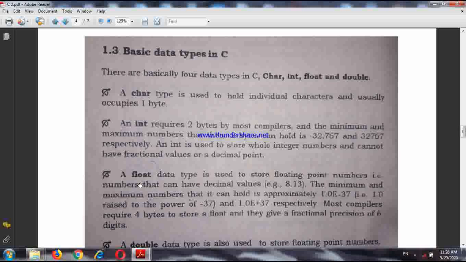Then we have the float data type, and this is used to store floating point numbers. And the range is also given, that means 1 into 10 to the power minus 37 to 1 into 10 to the power plus 37. Within this range, a floating variable can store the value.